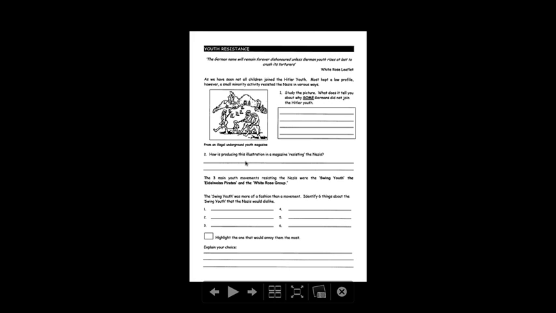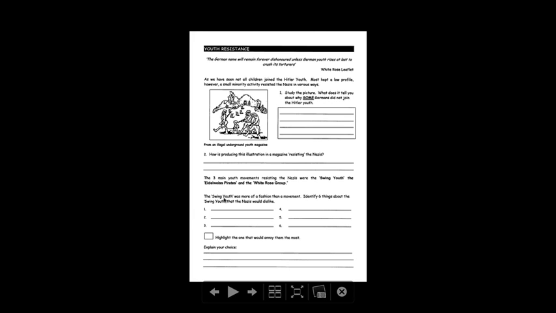Now, within Germany, there were 3 main resistance groups that the children need to know about: the Swing Youth, the Edelweiss Pirates, and the White Rose Group. I want the students to be able to identify the key features of each of these groups, but also have an idea on which ones were the bigger threat to the Nazis, because of not only how the Nazis punished them, but what these students and children actually did.